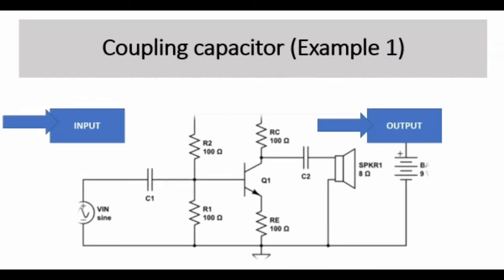Now I am going to show you two interesting examples which will make you understand this concept very well. The first example is of an amplifier. You are seeing that capacitor C1 and capacitor C2 are arranged at the input and output. You know why? Because at the input side the circuit doesn't want any DC to come in, because a capacitor blocks DC, and similarly at the output side the system does not want any DC to come in. Only AC should pass, because of which there is amplification and no disturbance because of DC current coming in. I have given a practical example at the end which will help you understand this concept very well.